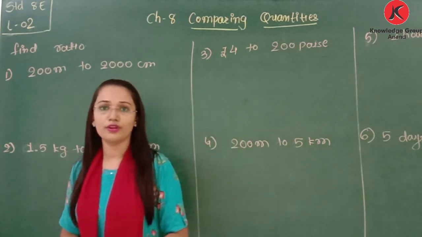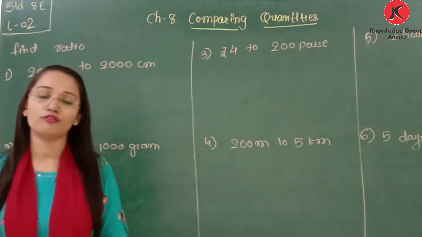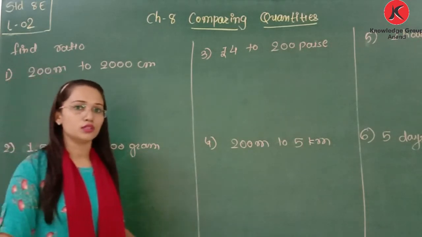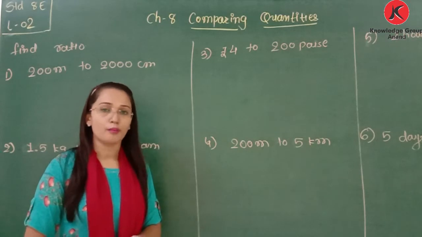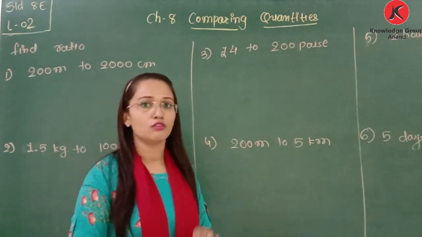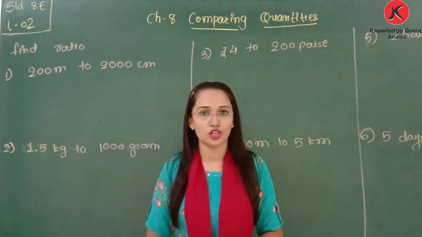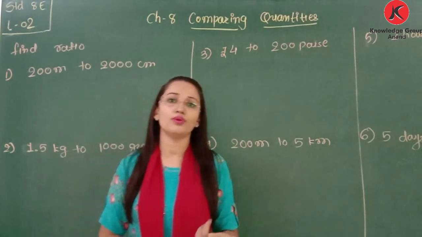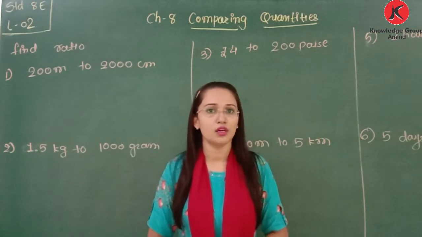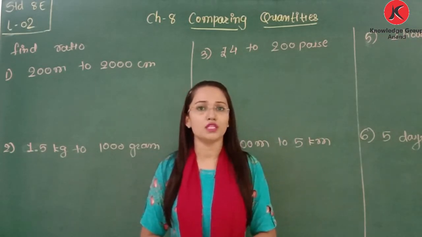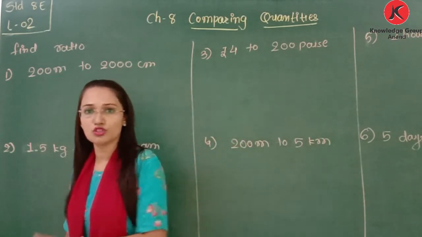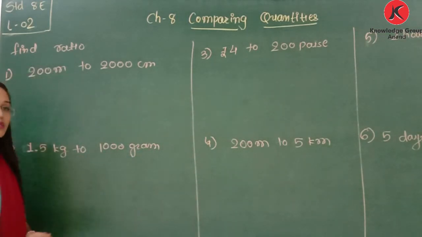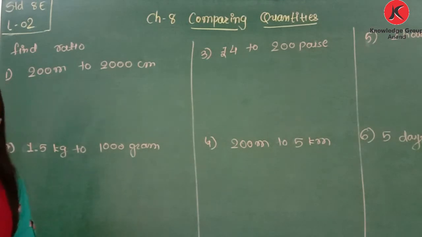Also we learned examples in which we find the ratio of two numbers by converting units. I already explained that whenever we want to find the ratio of two numbers, we convert the unit when the units are different. But which unit will we convert? We will always convert the larger unit. You can also convert the smaller unit, but it will give a decimal number. So it will be easy to convert the bigger unit into the smaller one, so the answer will be simple. So let's solve some examples to find the ratio of two numbers.